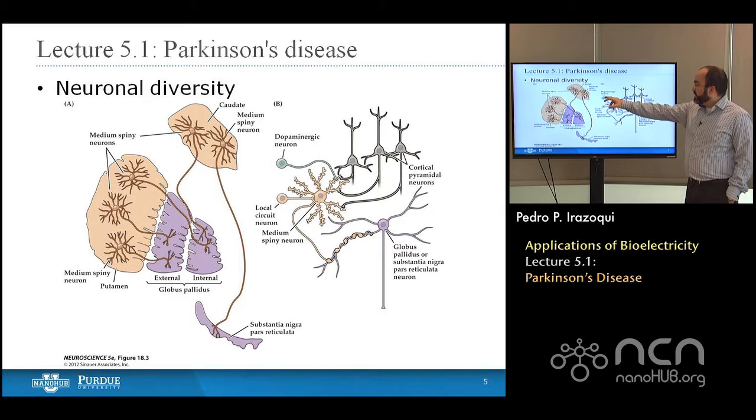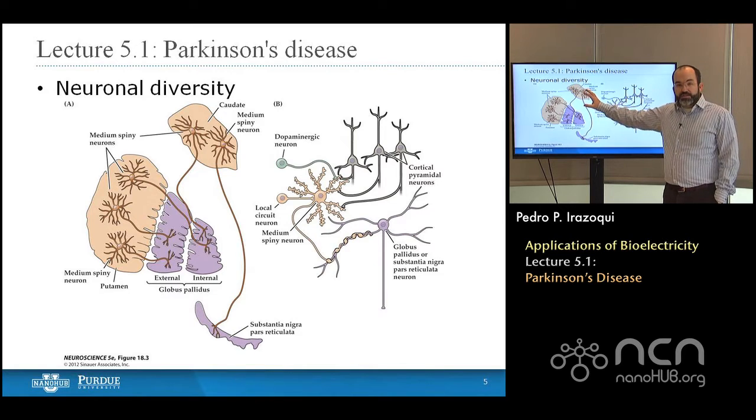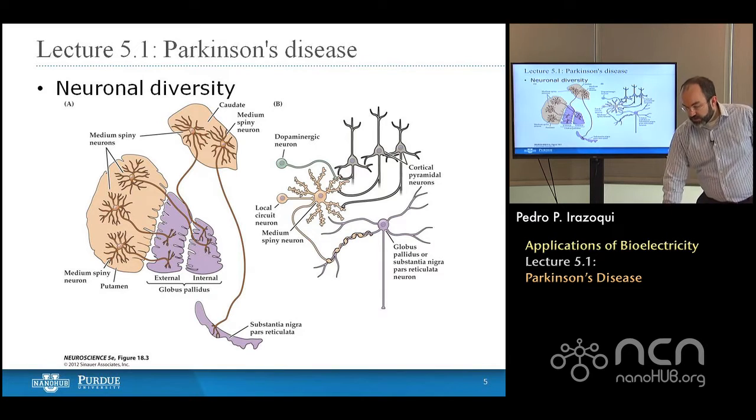And so you can see that you have a combination of dopaminergic neurons, which are the projections out of the substantia nigra. And remember, we talked about dopamine as an excitatory neurotransmitter in week 2. You've got these local circuit neurons, medium spiny neurons, and you have the cortical pyramidal neurons, which we're accustomed to seeing in the cortex, or that pyramidal shape that we've been drawing throughout the course when referring to dendrites and axon hillocks and all that sort of thing. So there's a great diversity of neurons at play in this circuitry, and it's much more complicated than what I'm going to talk about in this lecture.